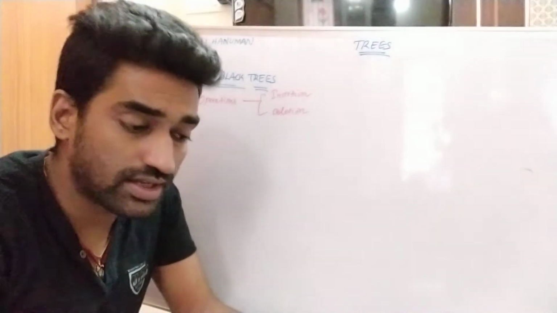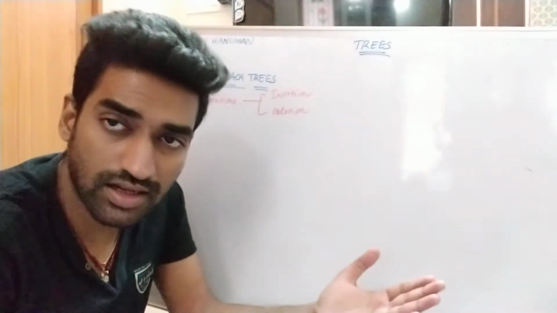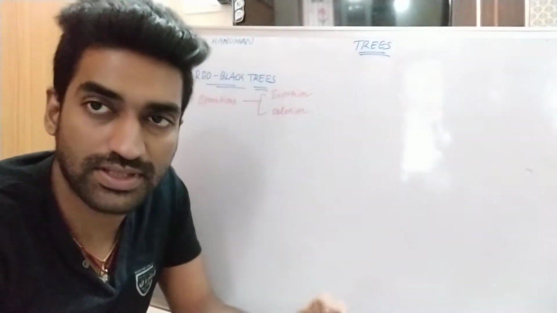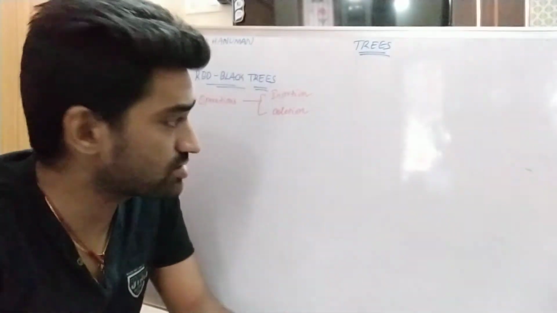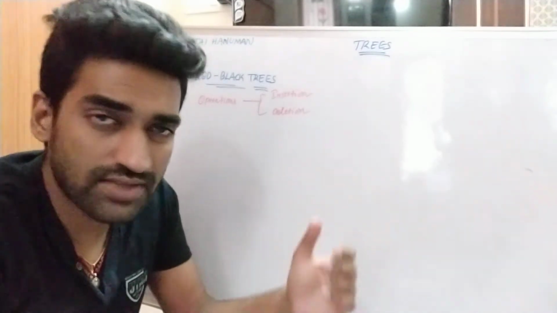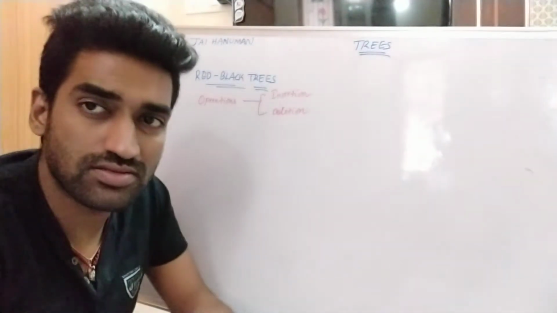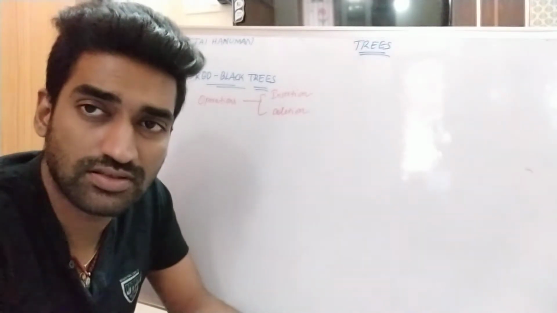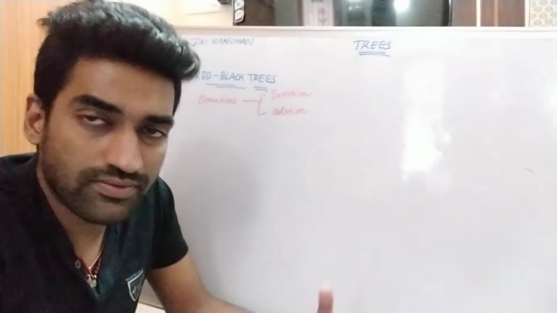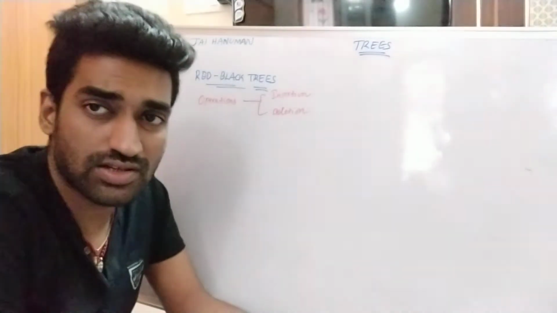Yes, hi friends. In the previous session, we already discussed the definition of red black trees and the properties of red black trees. In this session, we are mainly concentrating on operations on red black trees. So what is the first operation? Insertion operation. What is the main purpose of the insertion operation? To insert a node into a tree. For that purpose, we use the insertion operation.